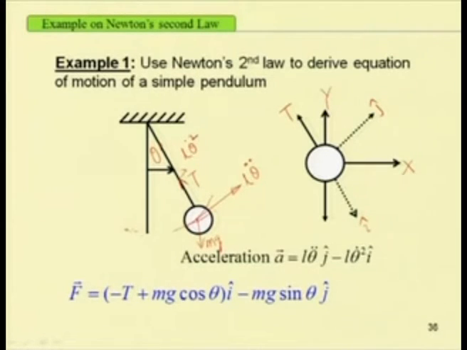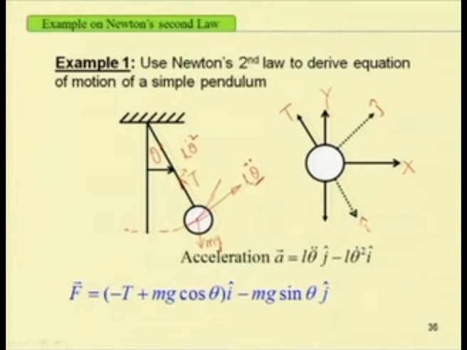So, for this rotating bob we have two terms in acceleration. One is the tangential term, that is L theta double dot, that is L alpha, where theta double dot is the angular acceleration and theta dot is the angular velocity. So, we have the centripetal acceleration, that is L theta dot square, the acceleration towards the center, and another term, the tangential term, which is L theta double dot.